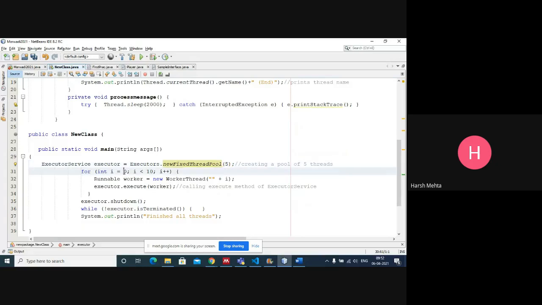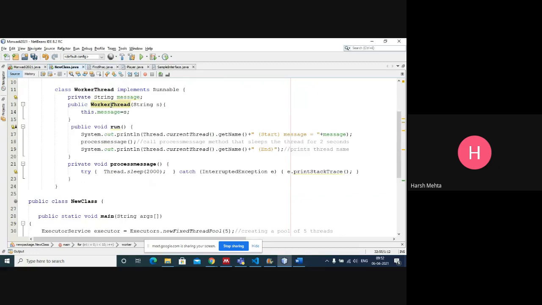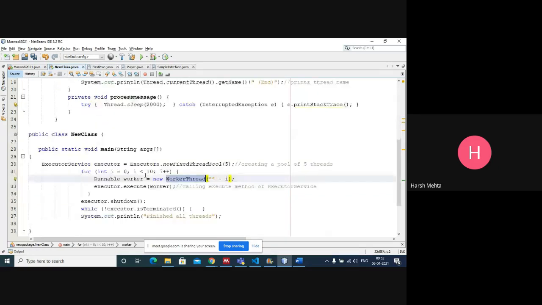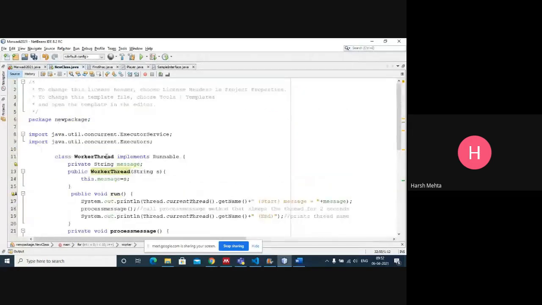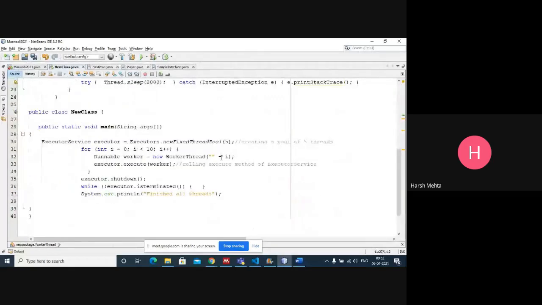Then with i equal to 0 to 10, that means from value 0 to 10, we are making this worker thread. We are making an object of this new worker thread class.